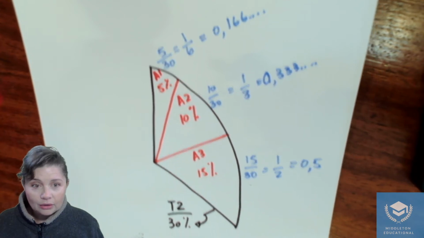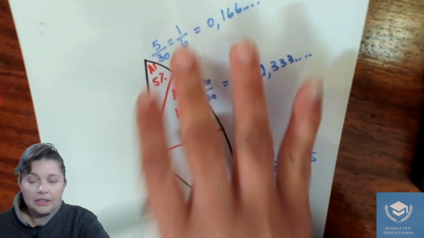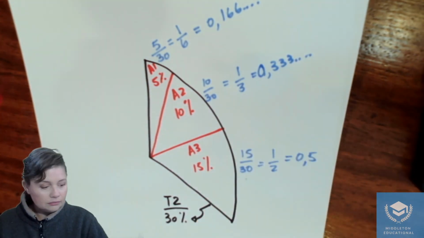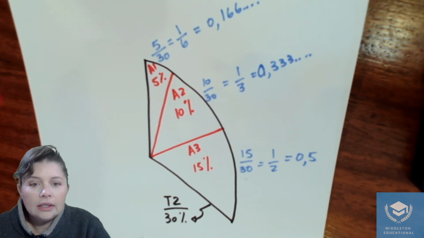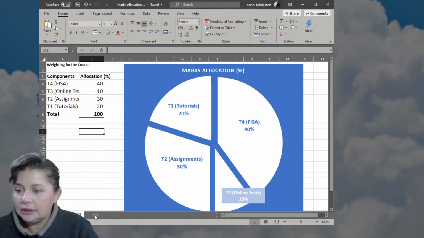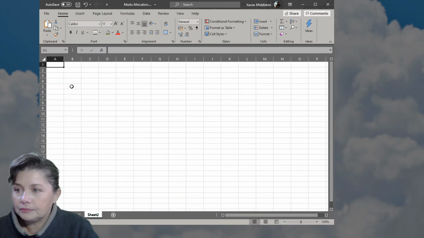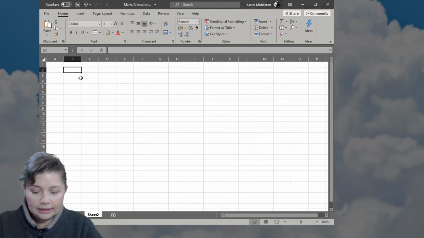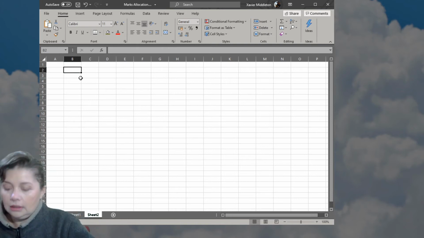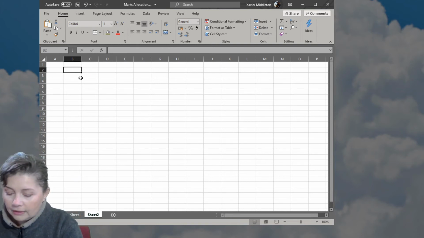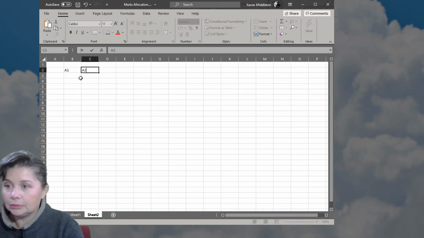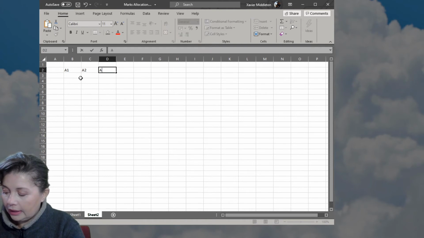Right, so now how would we translate this into your Excel spreadsheet, into the mark that gets captured? Let's have a look at Excel. Right, so let me just add in a tab here. So let's look at, we have, say, our assignment 1, assignment 2, and assignment 3,